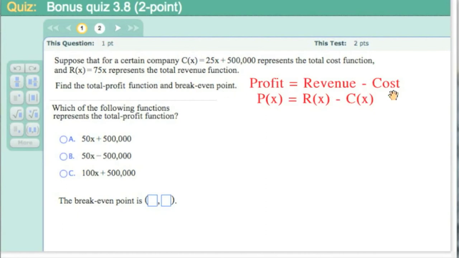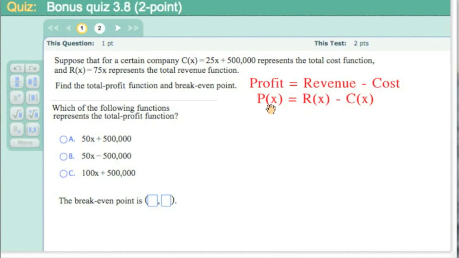Now, here is the template for the derivation of a profit function from revenue and costs. In function notation, it looks like this. C of X represents the cost of producing X widgets, so it's money going out from a firm. And R of X, revenue, represents the amount of money you make from selling X widgets. So this is incoming and this is outgoing,